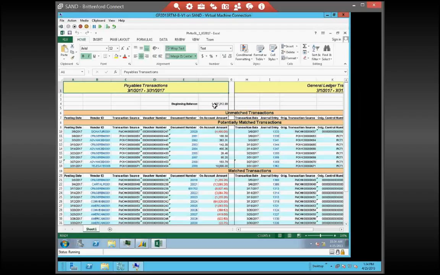So what I get here is my beginning balance in payables, all the transactions, and what it's doing is it's saying, I see in payables this transaction. For our potentially matched transactions, it's going to say, here's what I have in payables, here's what I have in the general ledger, and I'm pretty sure these are related, but I can't be positive because like our originating transaction source may not be the same, or there's something just a little bit different or additional